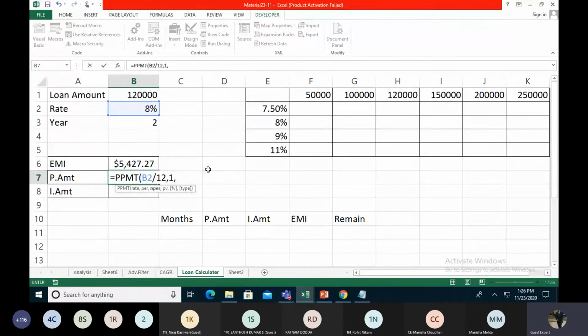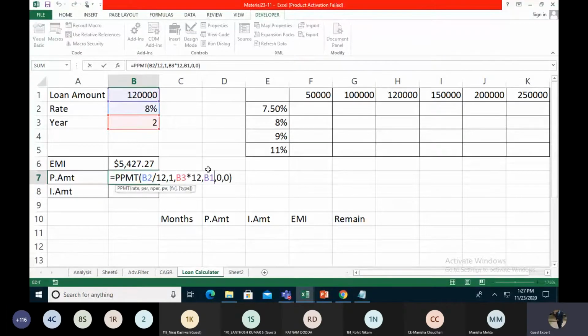For per, we are checking the EMI for the first month, so we take 1 over here. Then nper, we take the 2 years converted into months, 12. And present value is 1,20,000, comma, future value is 0, comma, end of the period.